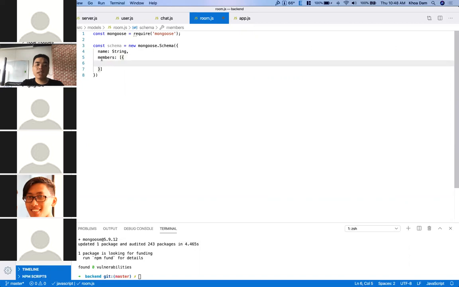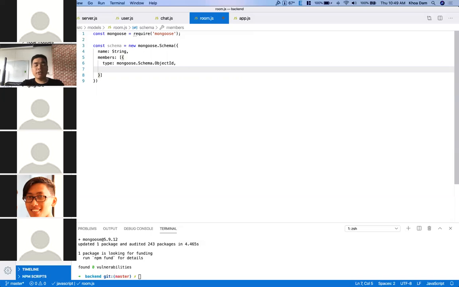So basically this one is gonna be your referencing. You reference to the user object later. So each of them will be mongoose.Schema.ObjectId. Right. So this is a type, a mongoose type,